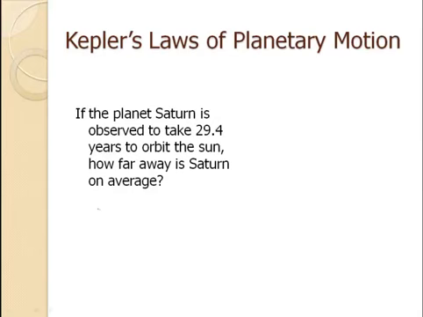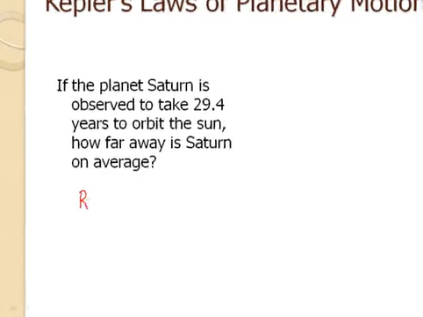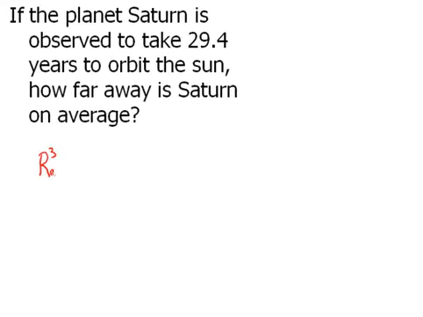The proportion we'll set up is that the orbital radius cubed of Earth over the period squared of Earth is going to equal the orbital radius of Saturn cubed over the period of Saturn squared. Now, the orbital radius of Earth, we could look up that actual number, but a convenient number to use